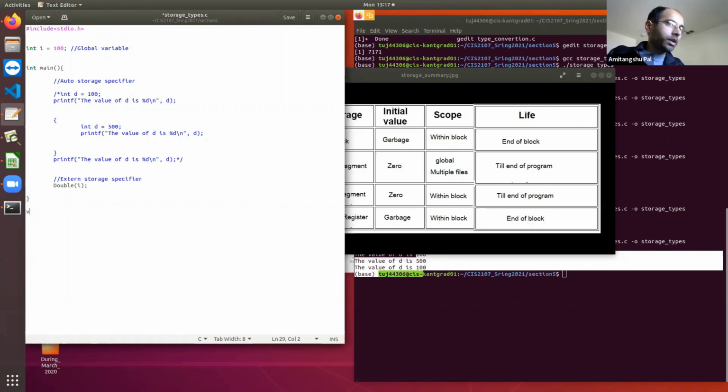Here I am writing the function doubleI, doubling it, and then printing the value of i.